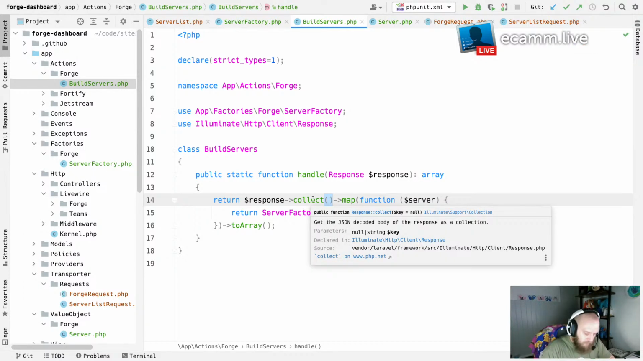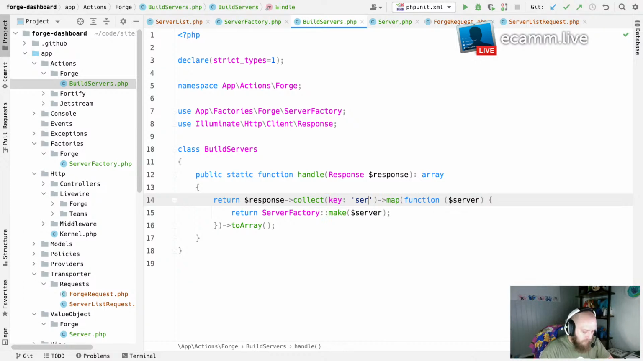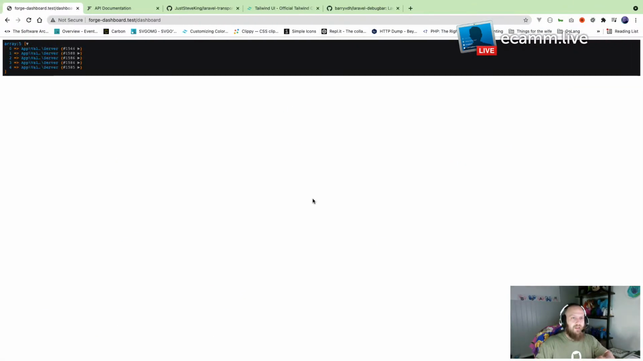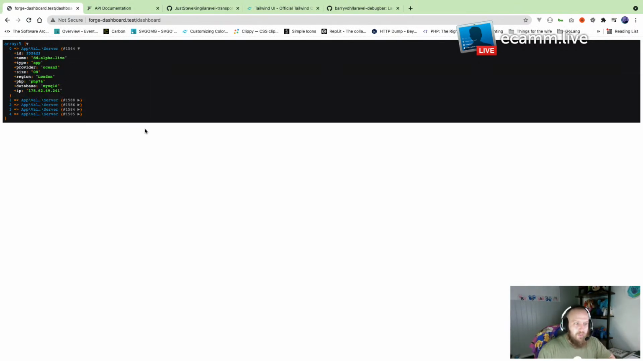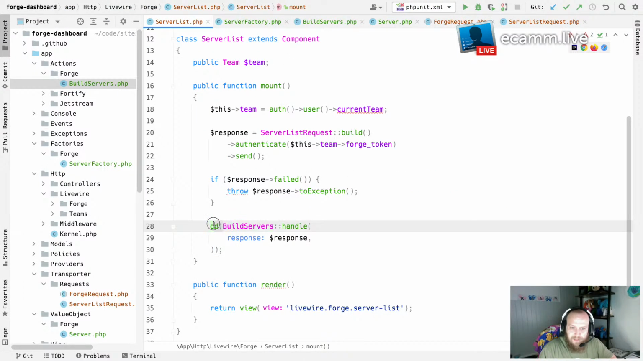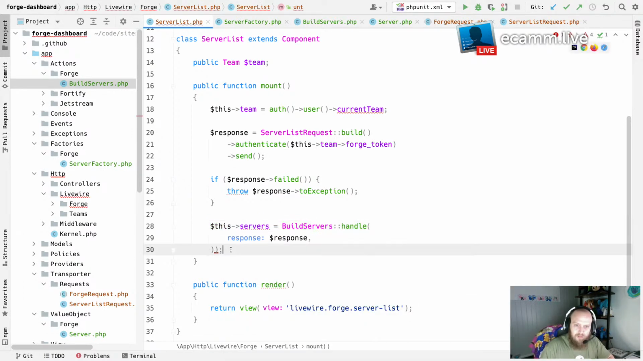Collect key servers map. Done. So we've got some value objects, but we're returning an array, which means that here we can say this servers equals that, soon to be mounted. So now what we can do from this is